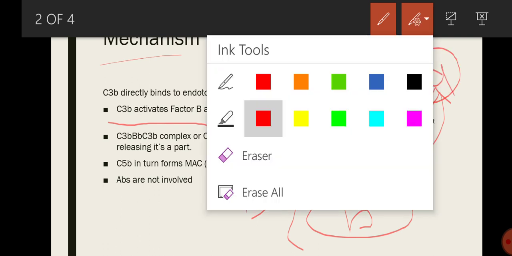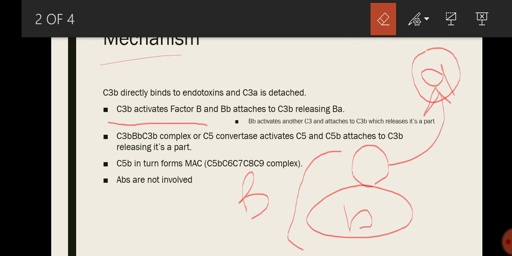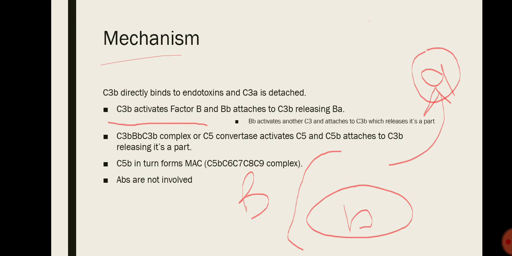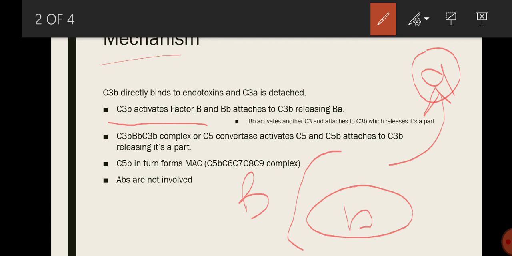So we will not have this apple there. Okay, so B, we will get B, B, and in the serum or in the plasma we will get the A part of it, B, A. Okay,